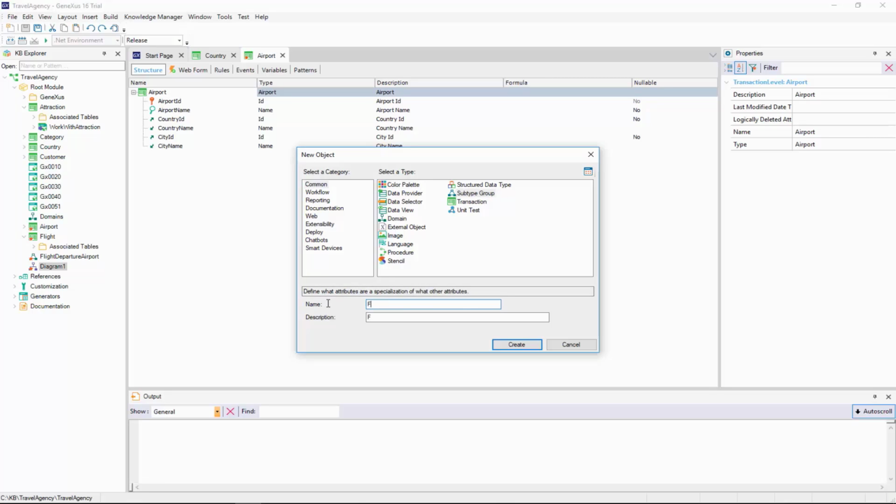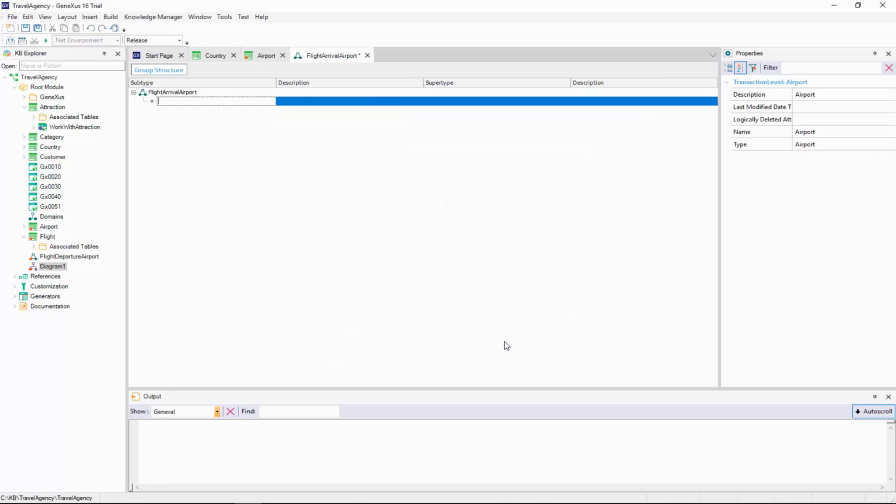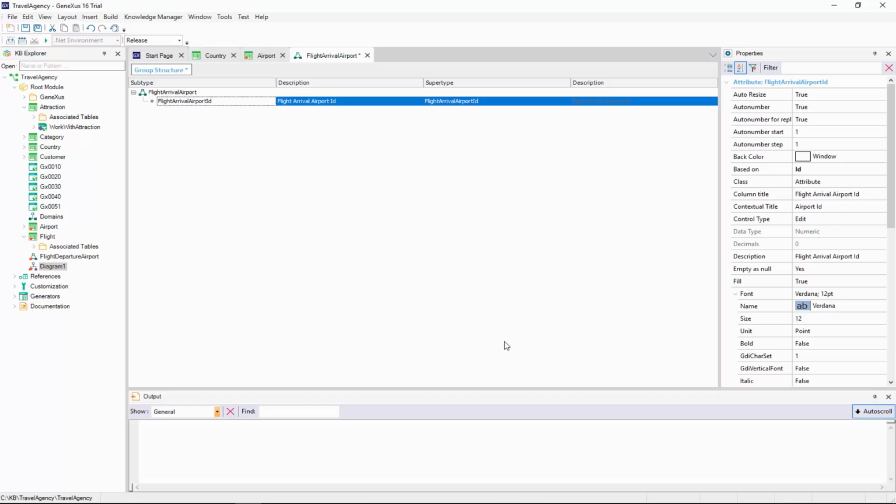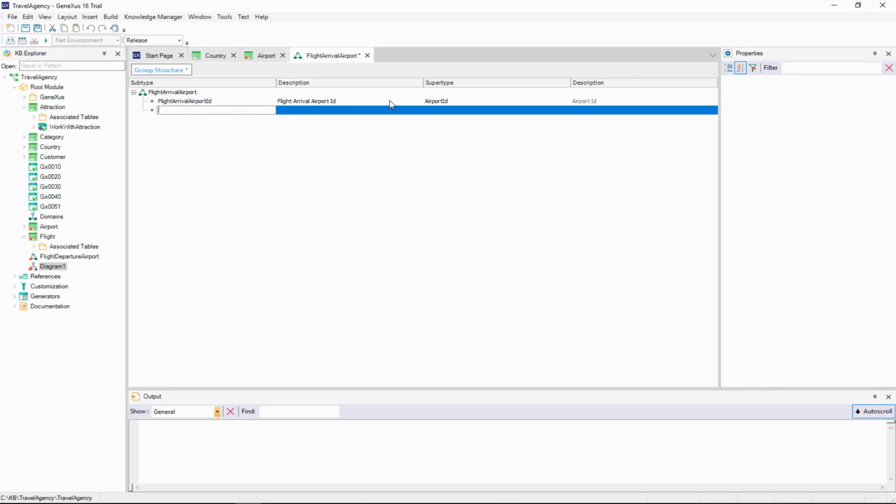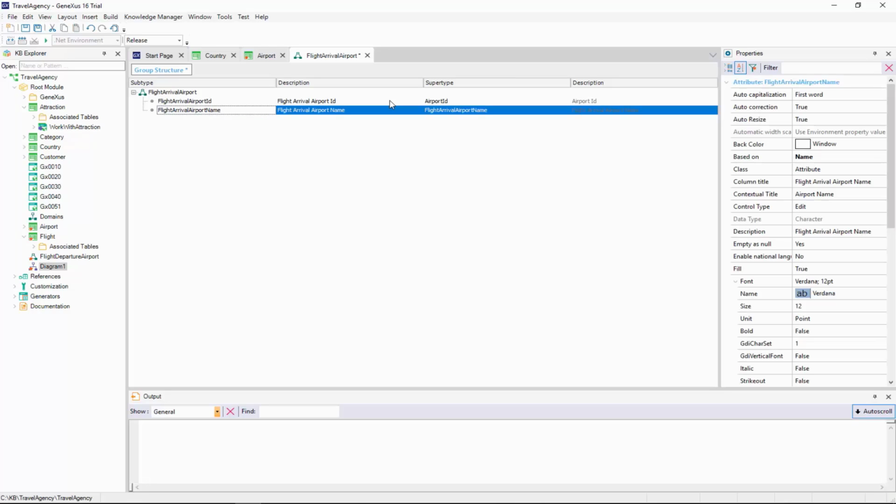We now create a new object of the type subtype group with the name flight arrival airport. We type the dot, and Genexus suggests the attributes starting by flight arrival airport, so we select flight arrival airport ID. We press tab and declare that it will be a subtype of airport ID.